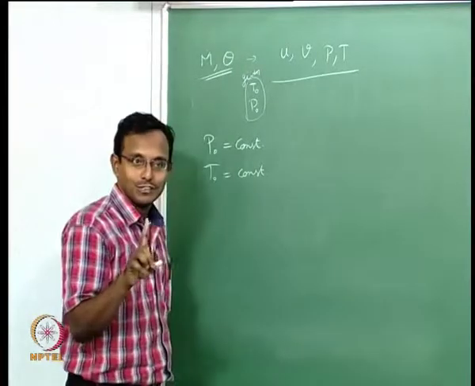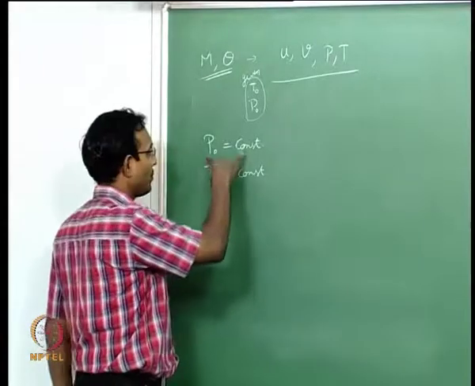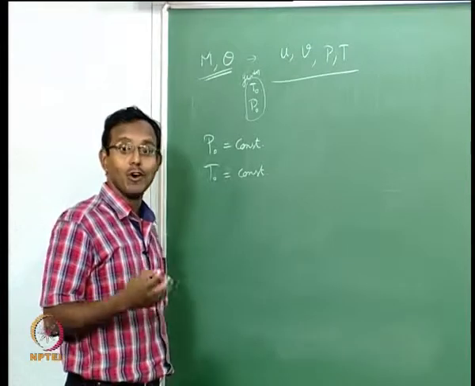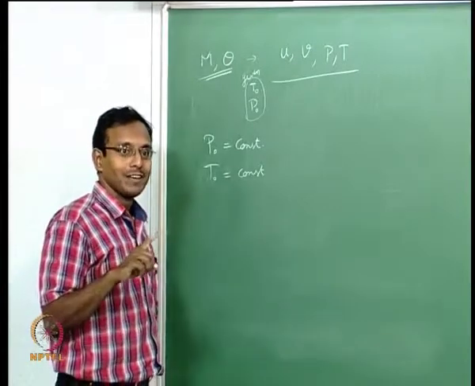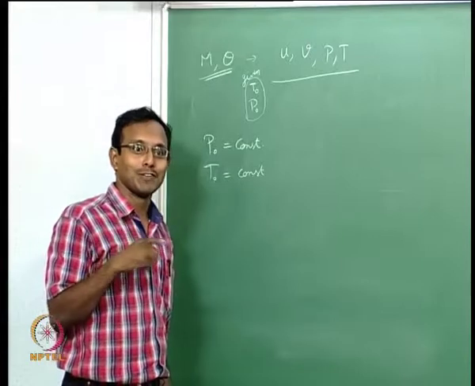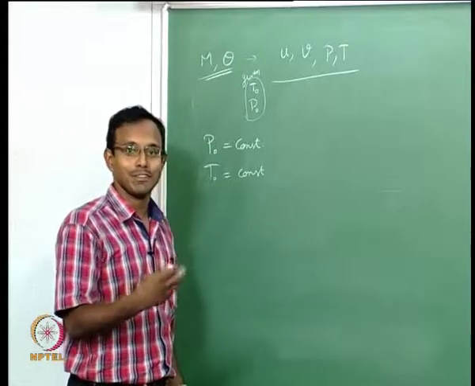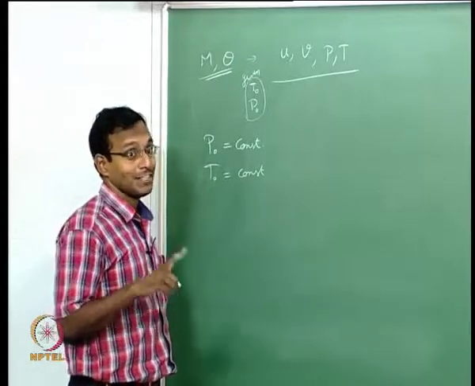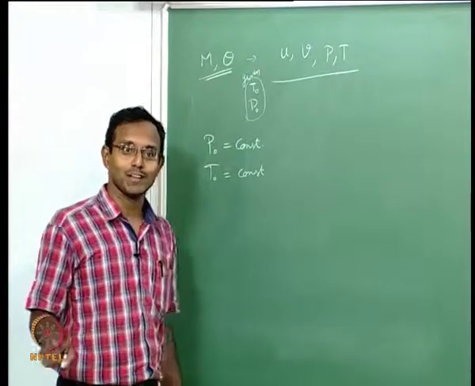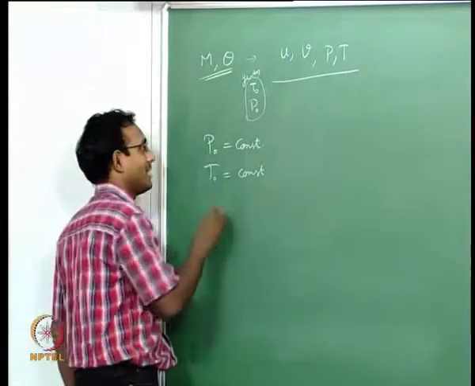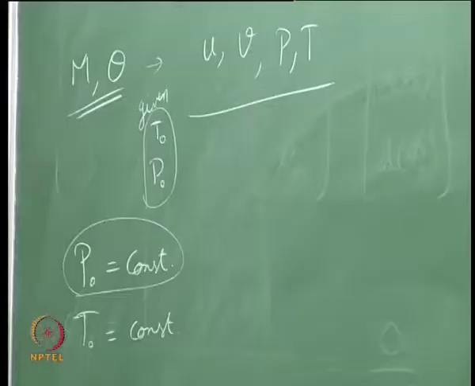In case there is a shock, T0 does not change, but P0 may change, right. We know how to take care of that P0 jump, but remember I cannot have subsonic flow to be solved by the method of characteristics. So I cannot have a normal shock in my flow and still solve it with the method of characteristics, that is not possible. But if there is an oblique shock and the flow downstream is still supersonic, I can use this as long as I take care of this P0 drop. After that line I will change my P0 to be some other value and continue, then I can still solve this. That is the only way I can take care of this. Okay. Now we will go and look at individual ways of doing things.